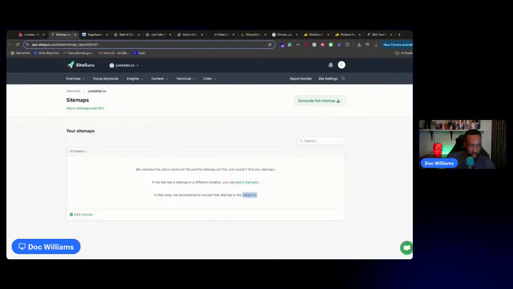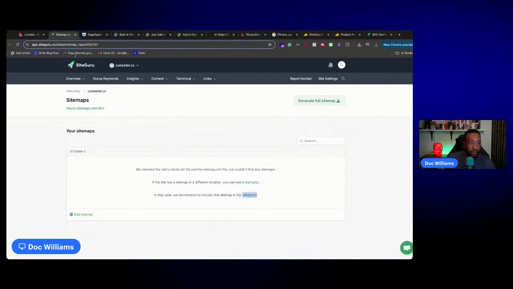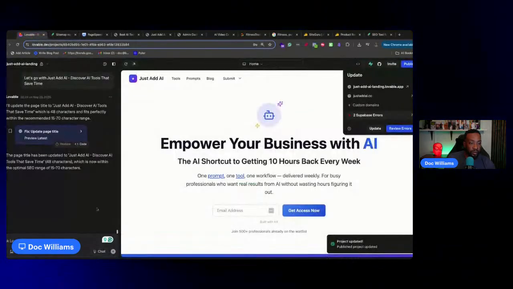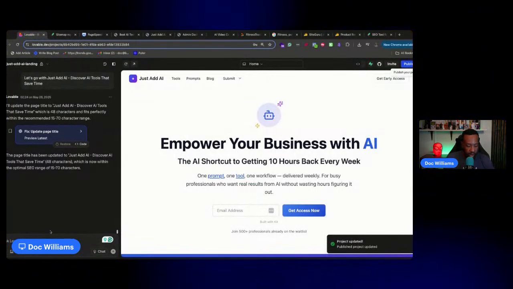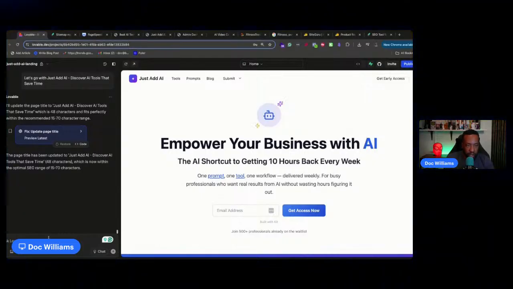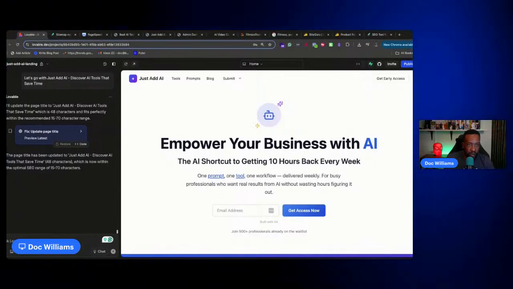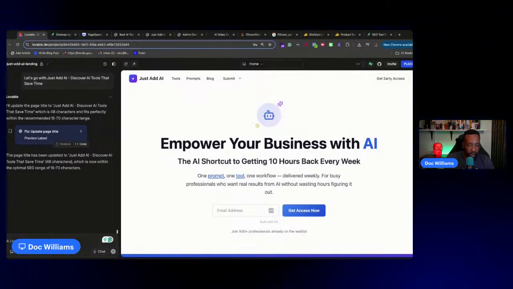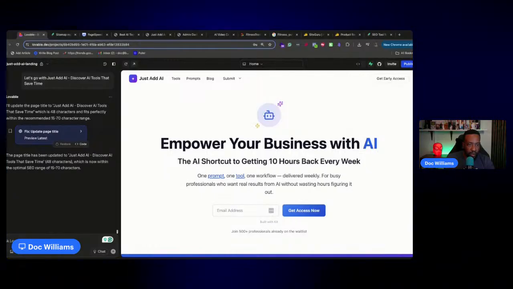I need to create a sitemap. Let's see, I'll just say I need to create. See this? I need to create a sitemap to increase SEO for the site. How can I do that? For example,